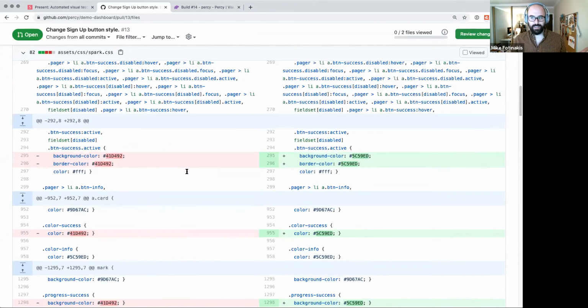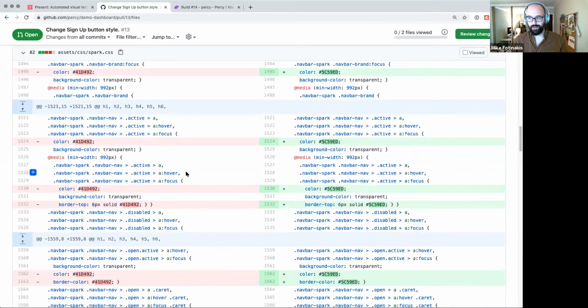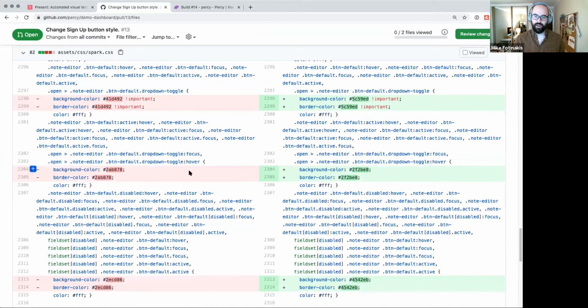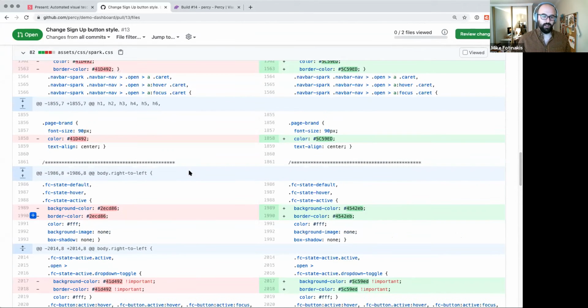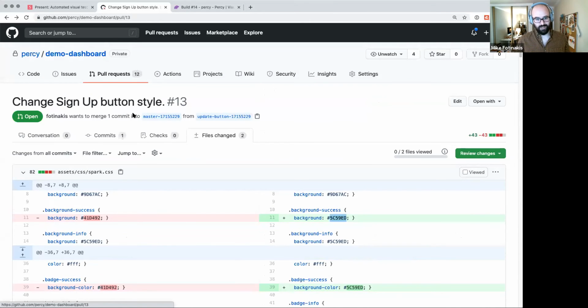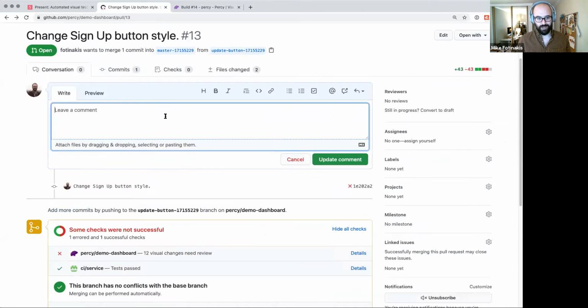I can probably say that this looks like it's the correct code, but I have no idea what impact this is going to have on my actual real application, right? So usually the process that we see teams do right now to cover this is they'll edit this description and say, here's my before screenshot and here's my after screenshot, and this is what I'm changing in this application